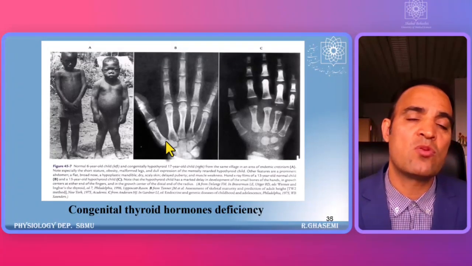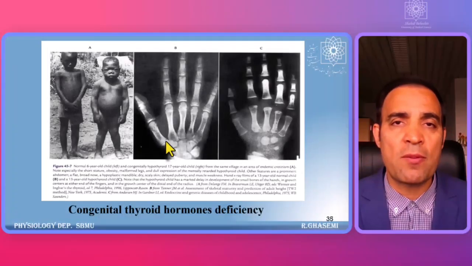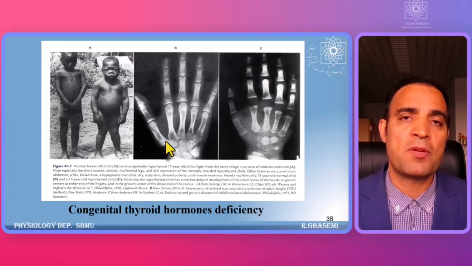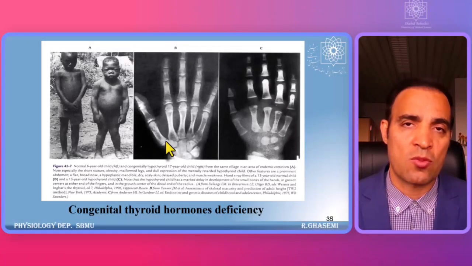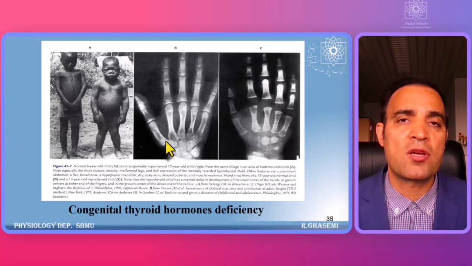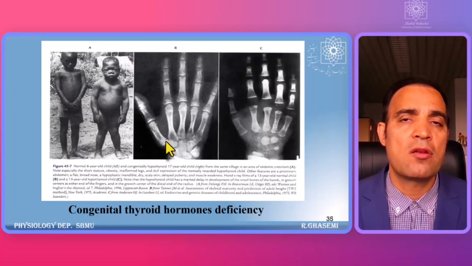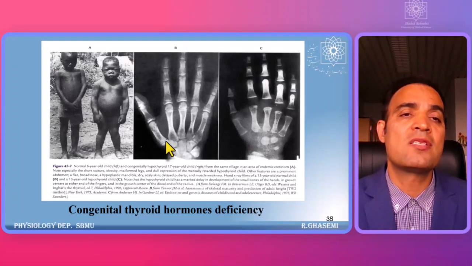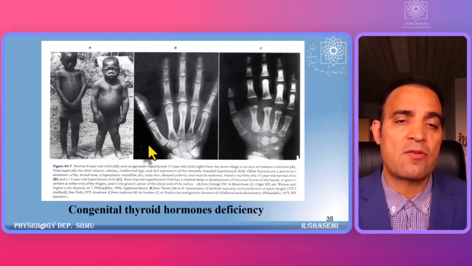Because we want to know if the baby has a problem in thyroid hormone secretion, we can supplement with exogenous hormone therapy, and then this baby will have normal growth like the other babies. But if we do not detect them, this will be the result. And for this reason,